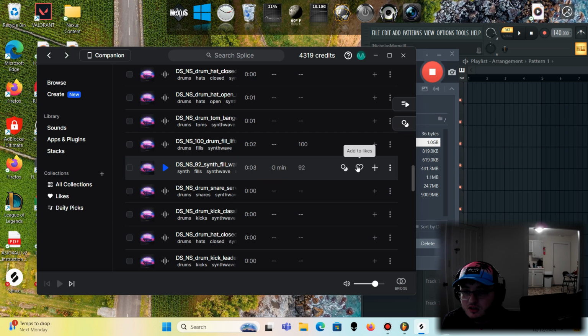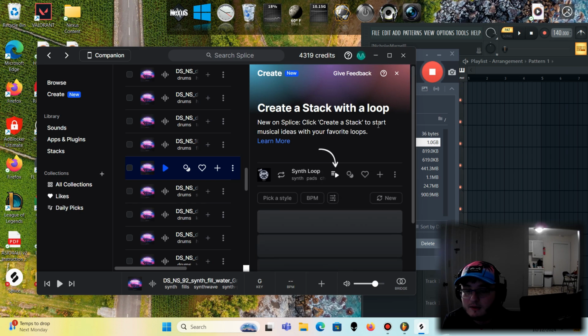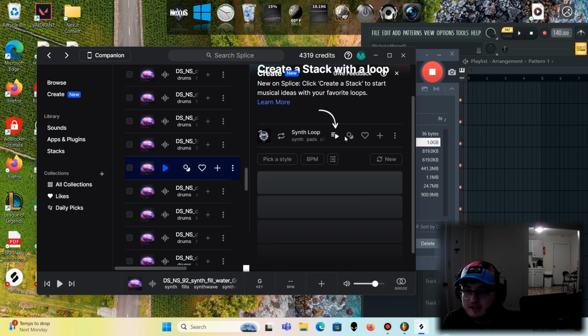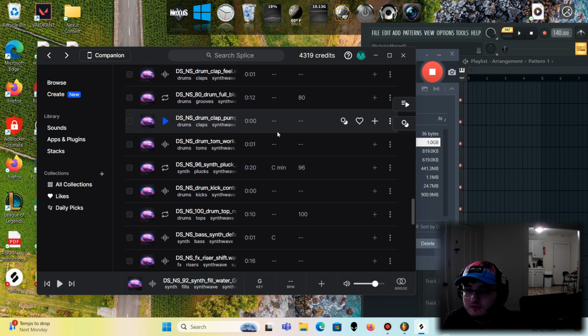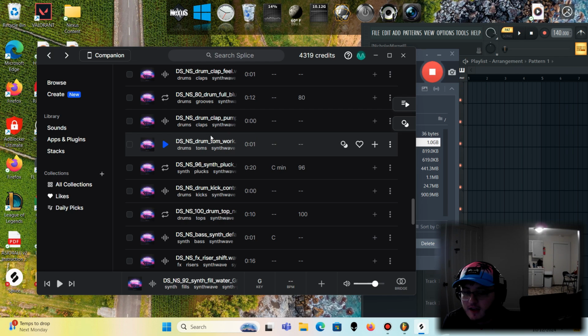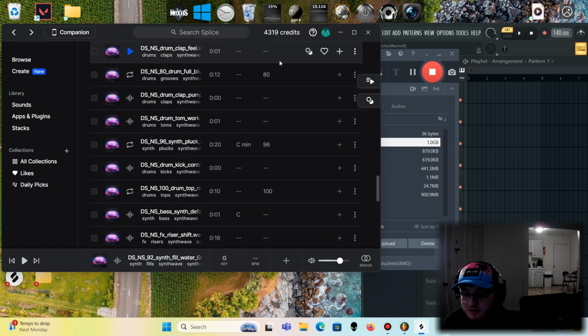Now it's easy. You could click on a sound and then use the AI to find similar sounds, or create a stack with a loop. Right? Splice can do those things, and some people say that's cheating. I think using this right here is cheating, but as long as you're going into Splice and just finding a sample to build off of, I think that's a perfectly fine and acceptable way to produce music,